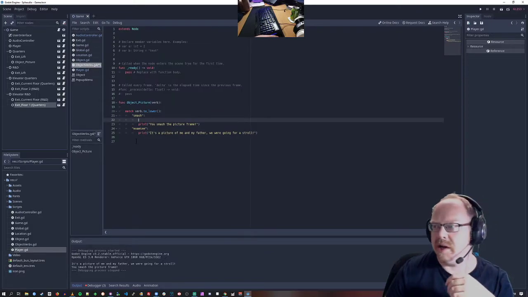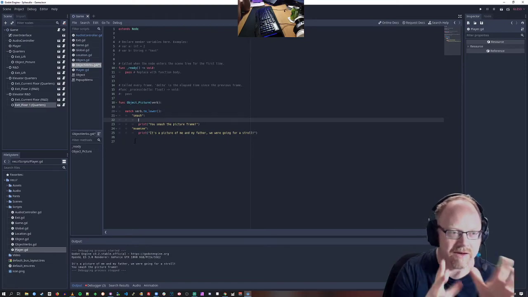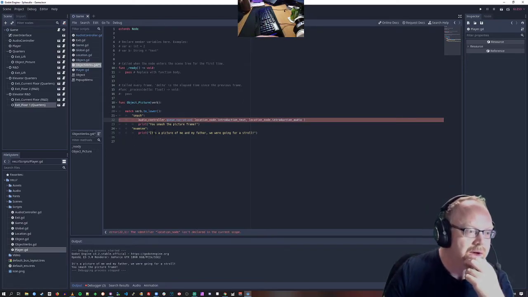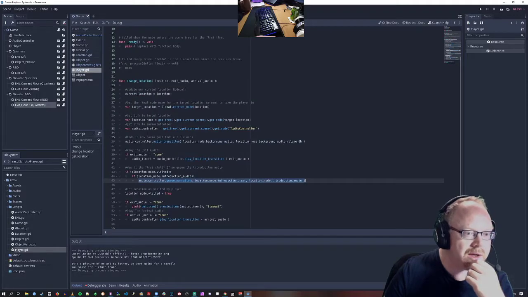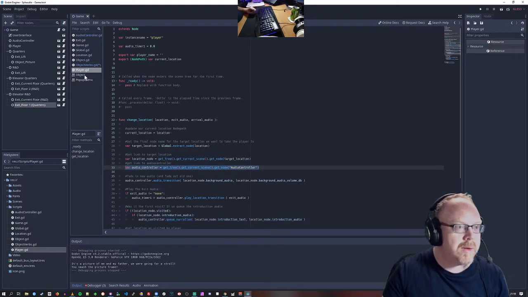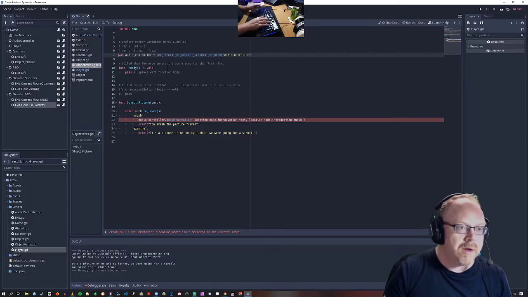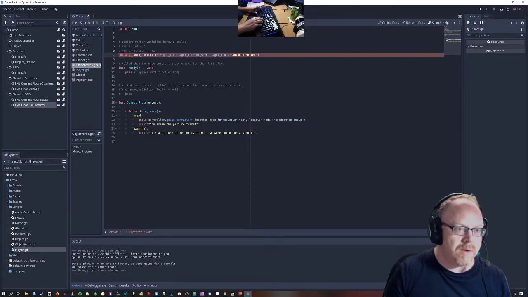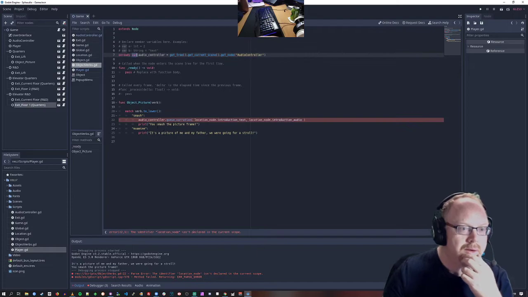So we are going to need to have some kind of timing system to make sure things don't just get carried away. But at the moment, we know we can just do something like this. We need to make sure we've got access to the audio controller. And if I look at where we did that, I think, where did we set that? There we go. So I can do an on ready, so we don't have to do that all the time. Oh, I think that was fine. So now,